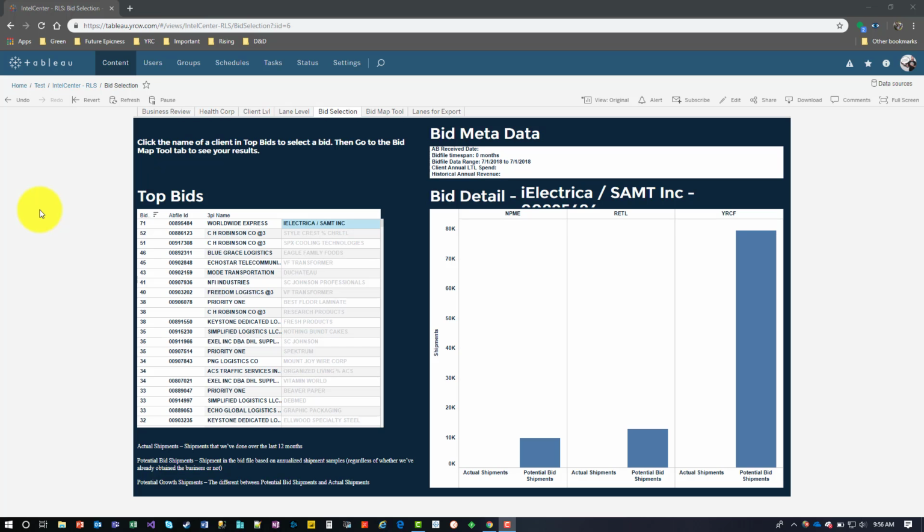Hello everyone, this is another Tableau tutorial walking you through the Intelligence Center for the corporate side. This is part 3 of 3 where we're looking at bids and we'll show the ability to map out those bids and see not only what business we got, but what business we did not get from a particular client. We're actually going to cover all 3 tabs, but the last one is really short, so it shouldn't take very